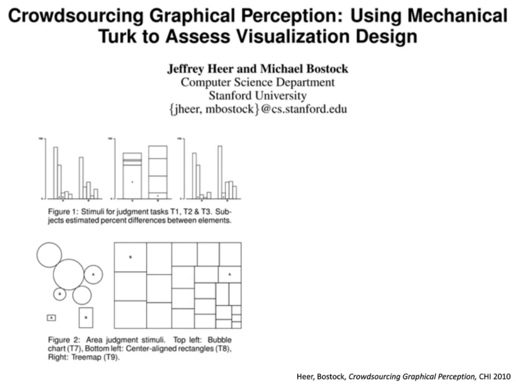They looked almost exactly the same as the ones that Cleveland and McGill were doing, but they also added a few additional things, like this bubble chart at the bottom left there, and a tree map, and did more of those comparisons. That way it shows that their results, using Mechanical Turk, this online platform, as the mechanism, very closely followed what Cleveland and McGill had gotten 25